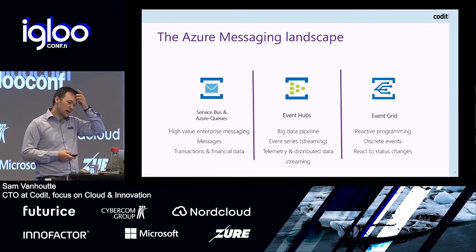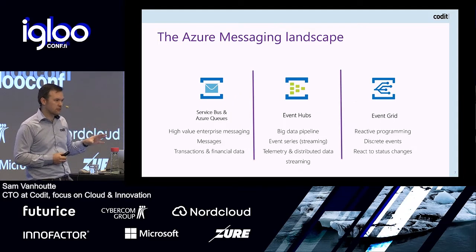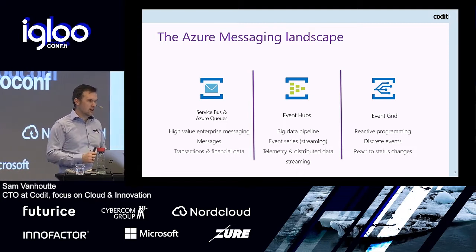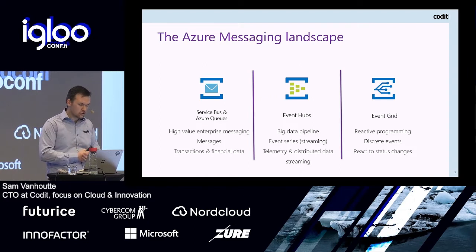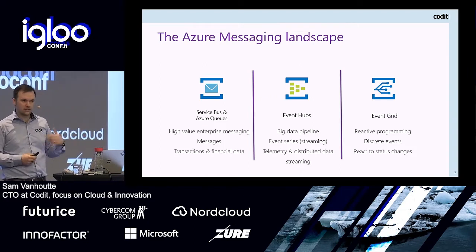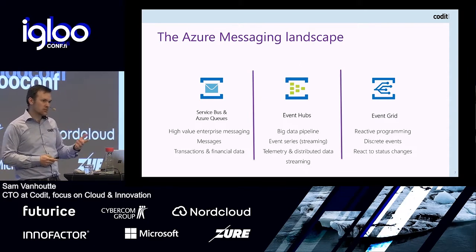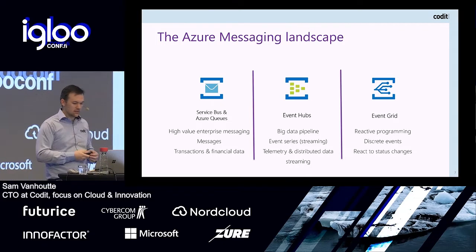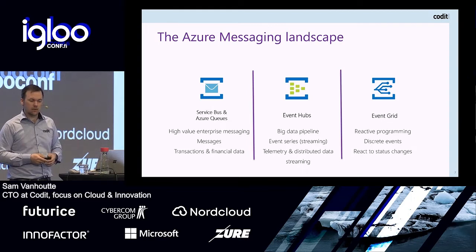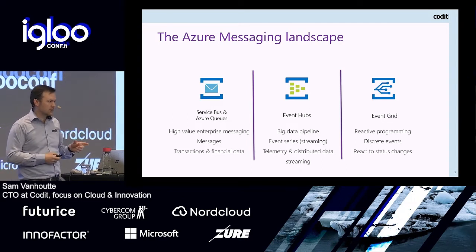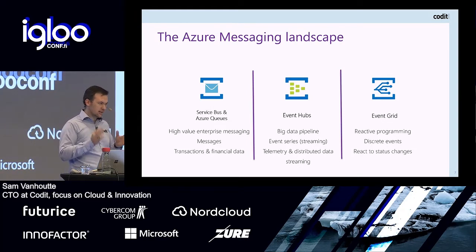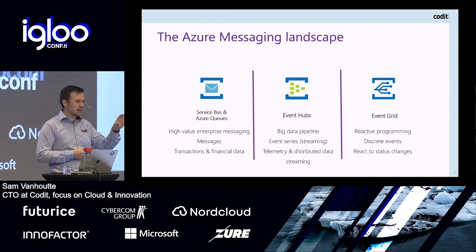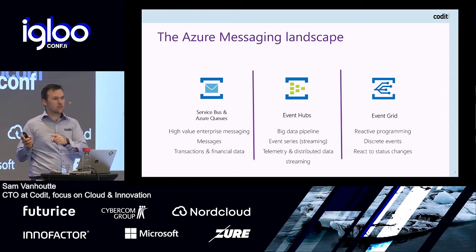Regarding them, I think Service Bus is typically for your enterprise messaging, for messages that you really want to have delivered that are crucial to get. Think about financial data and so on. Event Hubs is more for the streams. So think about your log files, think about the telemetry and so on for your big data pipelines if you want. And then Event Grid is more if you want to do reactive programming, and that's where we will focus on. So discrete events that I just mentioned, that is happening, and you want to react with logic.